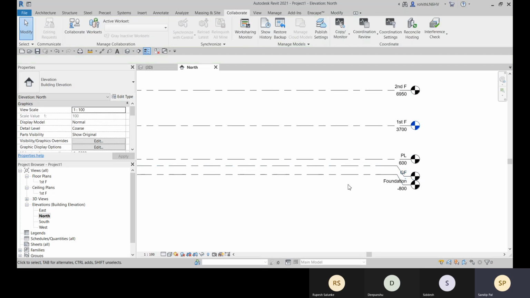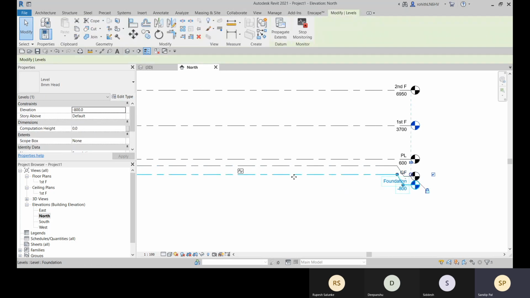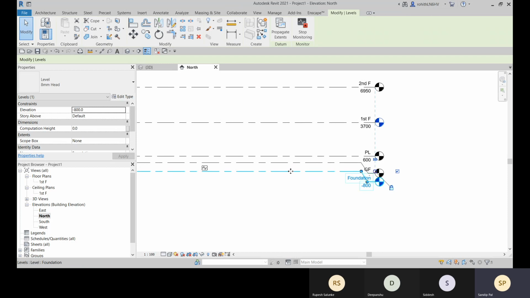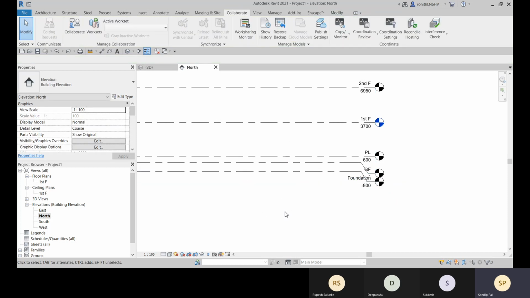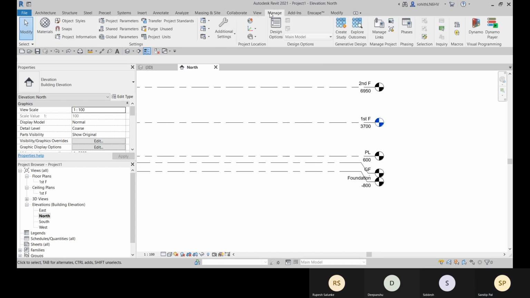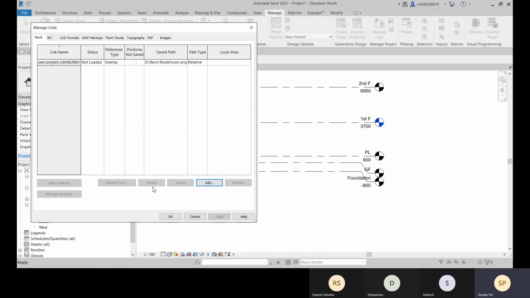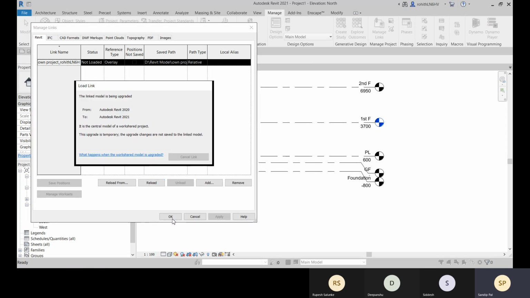Let me show you what is the meaning of this monitored. Now, if I change the position of this foundation, here you will get one warning. Okay, so for that, let me have this link file, go to the manage link and select this file, reload it. It will be present here.